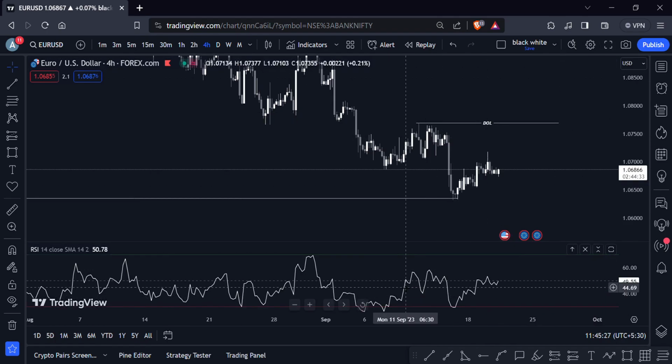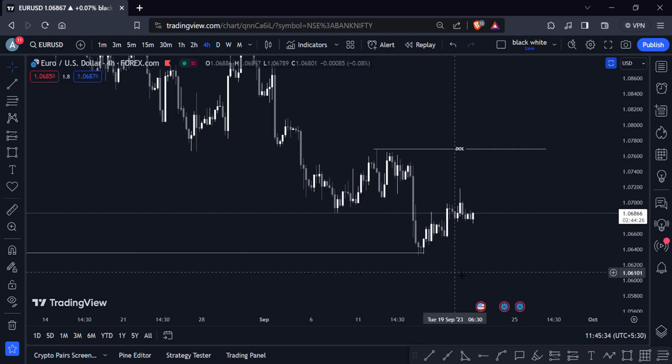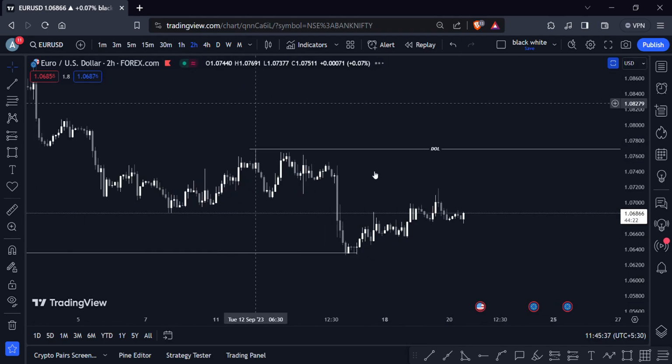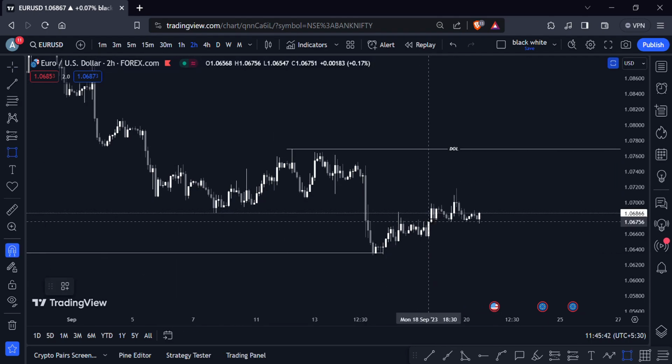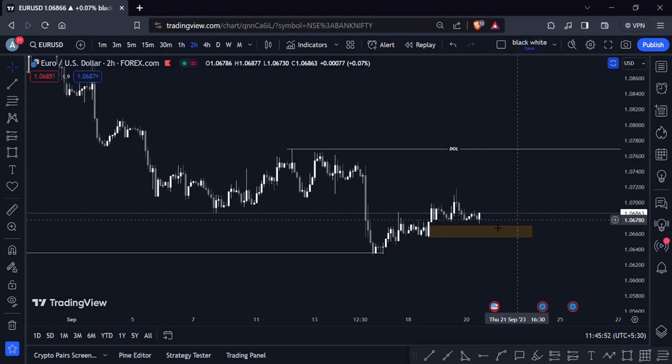How are we actually doing it? This is the zone from where the market can react, but let the smaller time frame guide us on how it is going to react. Okay, so what do we have? We have this level in 2 hours. You can clearly see that there is some imbalance. So the price actually took the liquidity of this level